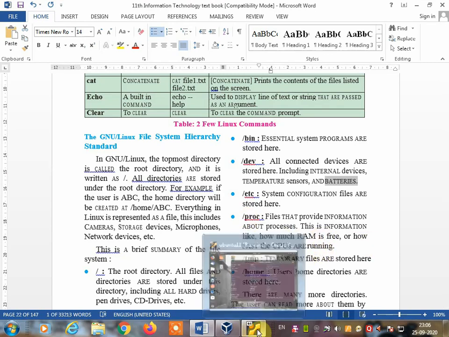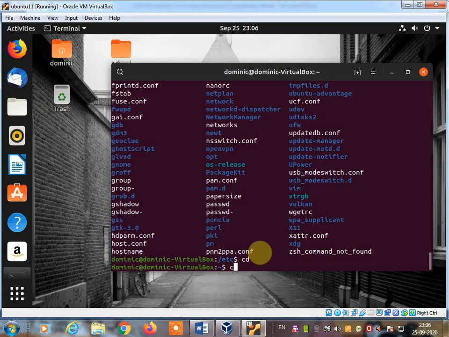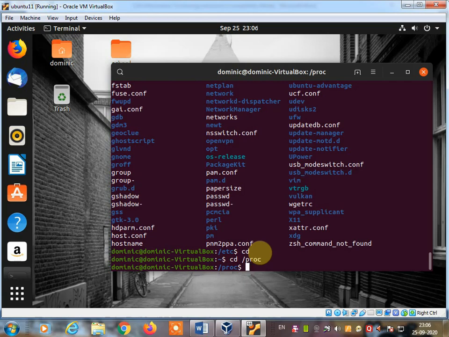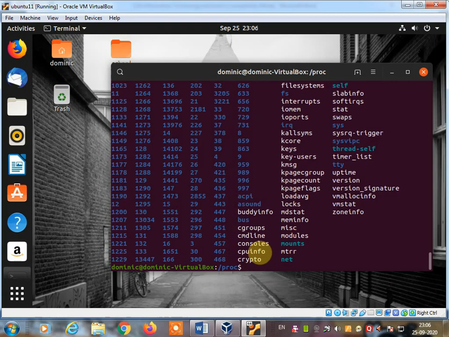You want to see this information, again use cd /proc and press the Enter key. You will enter into the proc directory and then use the ls command. Once you use the ls command, you will get this information regarding the RAM, how much RAM is free or how fast the CPUs are running. So if you want to see that information, you can use the /proc directory.